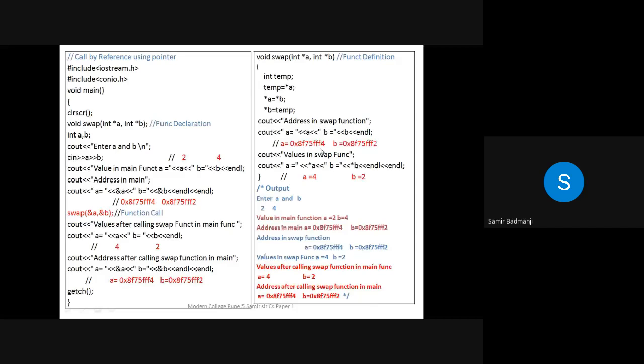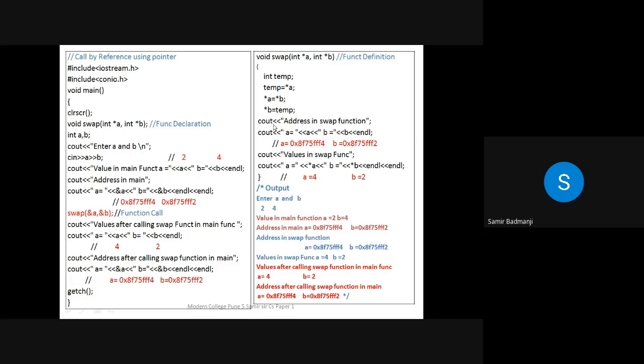Okay. Now after this, we are going back to the main function and again printing, after calling this function, we are seeing what is the value of A and B. Now see, in call by value, the values of A and B remain the same. But in call by reference using pointers, we are not passing the values to this function, we are passing the addresses and we are interchanging the values at those addresses. So basically it is the same address in the function definition as well as in the main function. So both the addresses are the same.